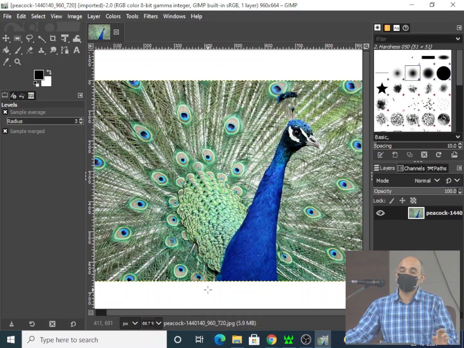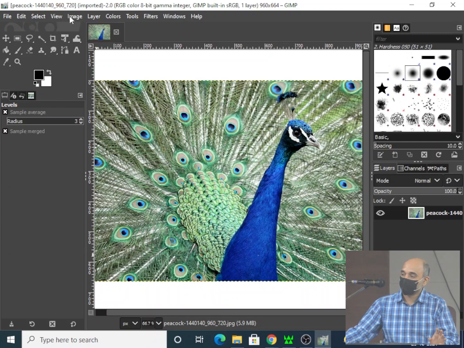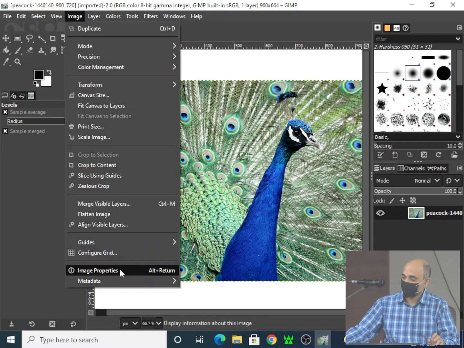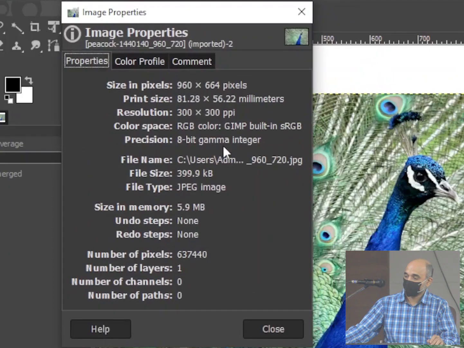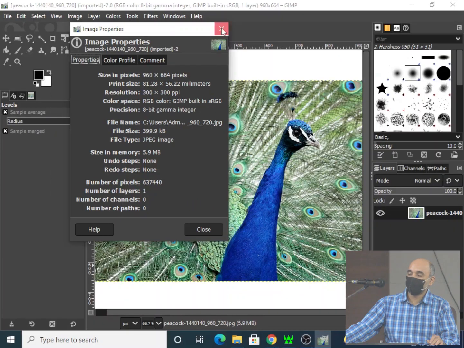So that's why you have the concept of an 8-bit image. Then you have a 32-bit image. Heard about it, right? If you see here, you'll come to know it's an 8-bit. What do you mean by 8-bit?